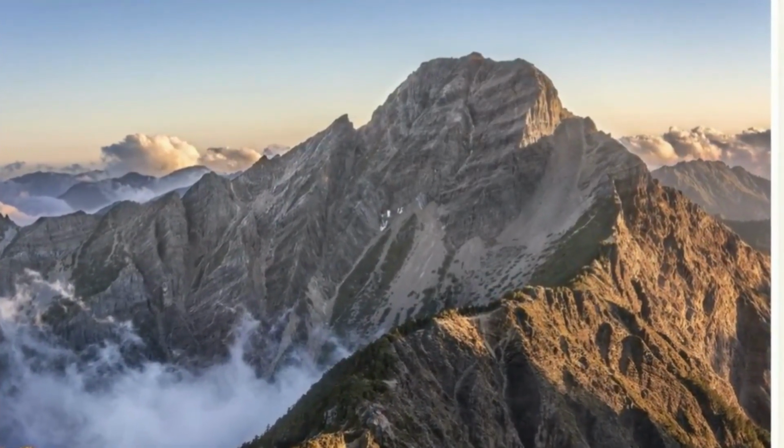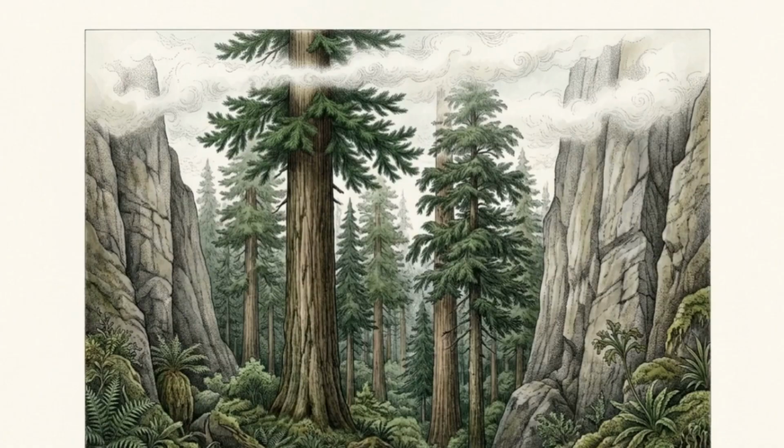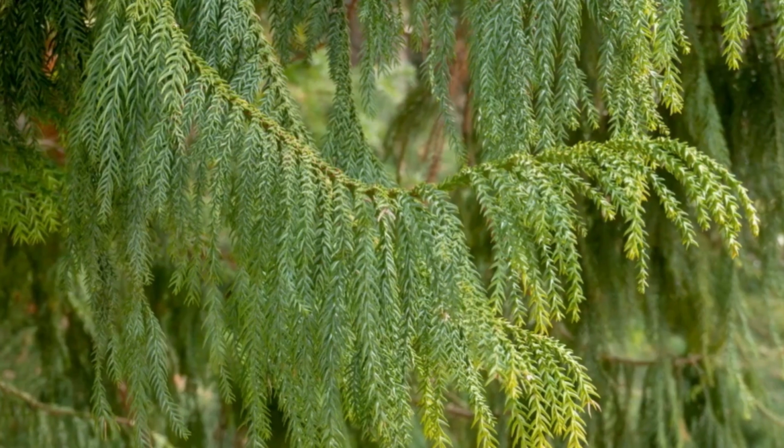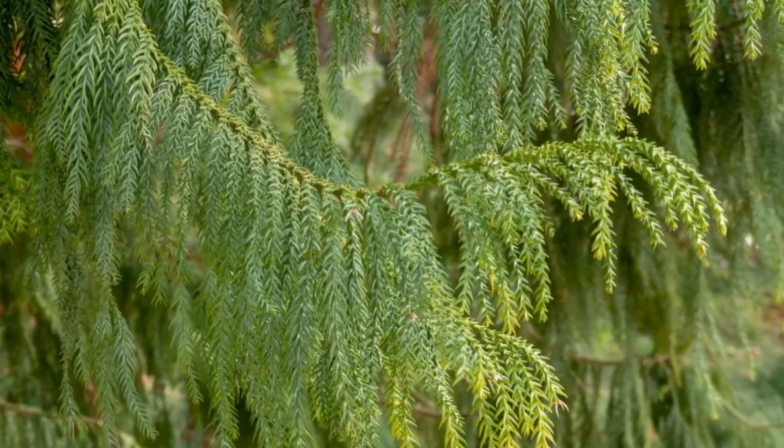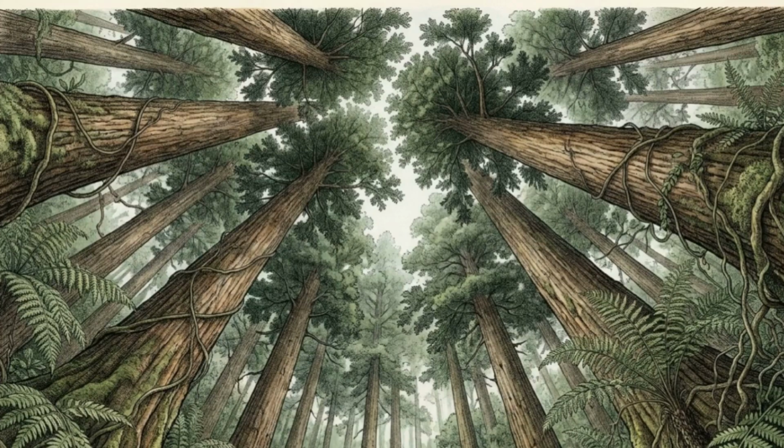The extreme verticality of these mountains acted as a geographical fortress, creating isolated pockets of old-growth forest that were simply too dangerous and difficult for loggers to reach. Inside those surviving pockets are massive Taiwania firs. In 2014, a multidisciplinary team of ecologists, geologists, and tree climbers launched a formal expedition to find the largest remaining specimens. Documenting these remaining giants is a race to map the survivors of a nearly eradicated ecosystem before they are